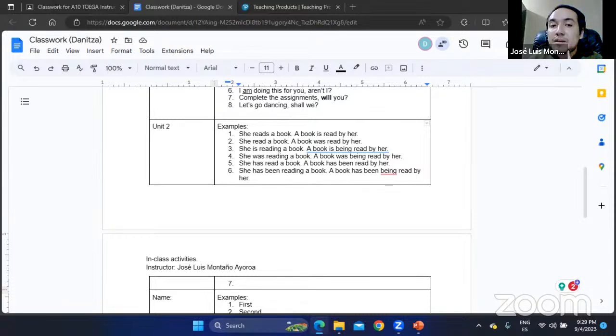The first been is the past participle of the verb to be. The second one is the present participle of the verb to be that we use in continuous tenses. And the next part is the agent. Here, of course, they want to eliminate that because it's not common to say that. There is no need in English to use this